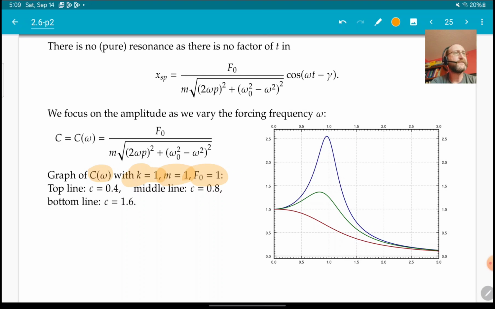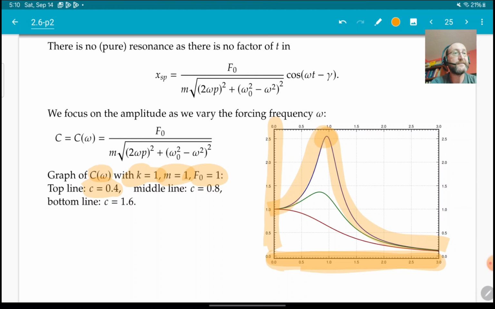And then for 3 different c's. So if you have c equals 0.4, small friction, small damping, we get this graph over here, right? So this is the omega axis, and this would be the C axis, I guess. As omega varies, as I'm moving along over here, as I'm twisting some knob, changing the frequency of the forcing term, then I'm getting different amplitude in my steady periodic solution, and the biggest